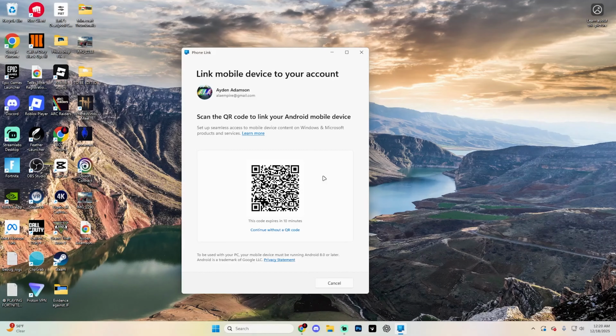Essentially, bring up your phone and scan this QR code with the camera app. Tap the pop-up link that appears. You'll be taken to the Play Store. Tap install on Link to Windows and wait for it to finish. And once installed, open up that app on your phone and go back to the camera and scan the QR code again. Tap the link, press continue, then enter the code that is going to be shown on your PC